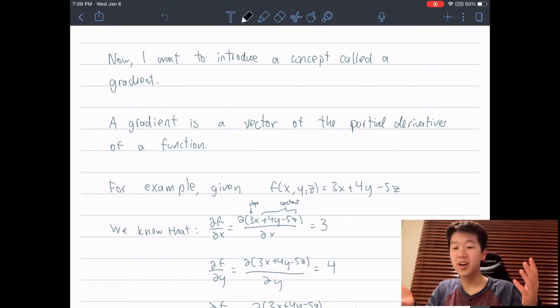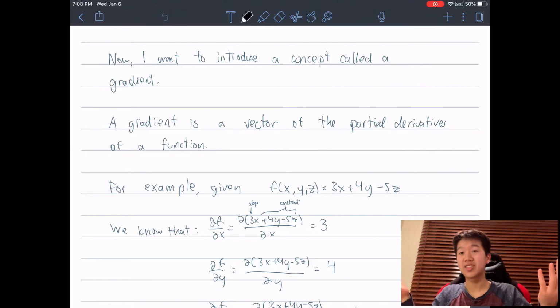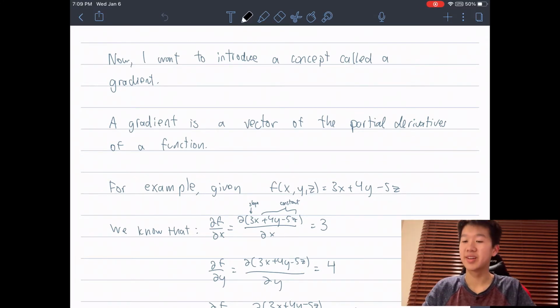Okay, so now I want to introduce a concept that is called gradient, because you've heard me talking about gradient descent all along, but we don't even know what a gradient is. So a gradient is a vector, or a list of numbers if you prefer, a vector of the partial